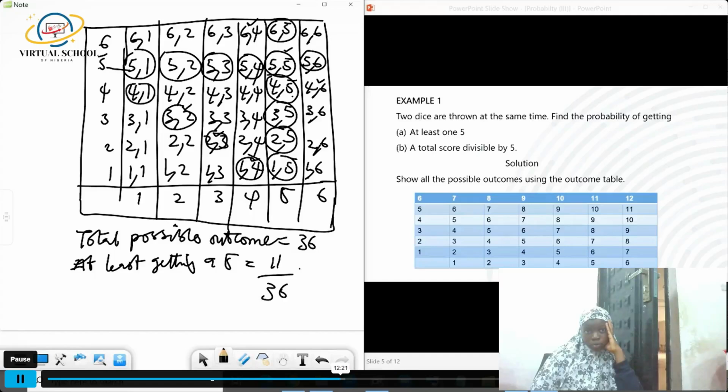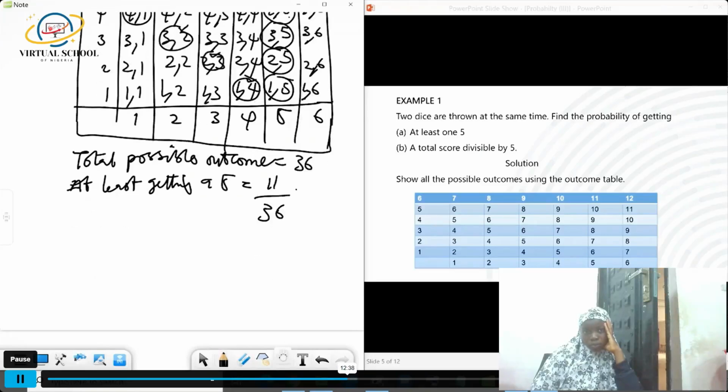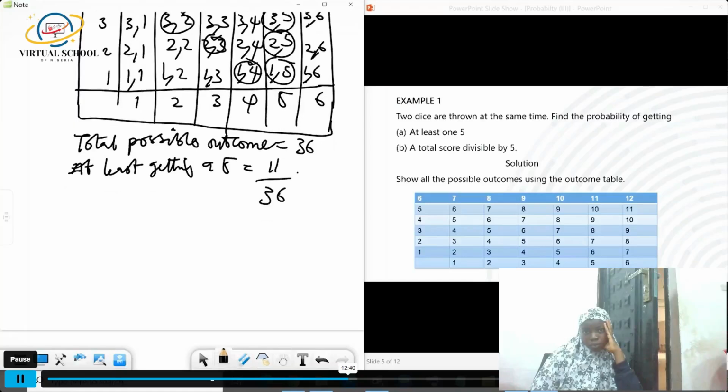And 4 plus 1 here. Then how many possible outcomes are we having? Do we have any other one 5 can divide? No. So we are having 1, 2, 3, 4. Then 5, 6, 7. Now the possible outcomes from our outcome table that 5 can divide at a total